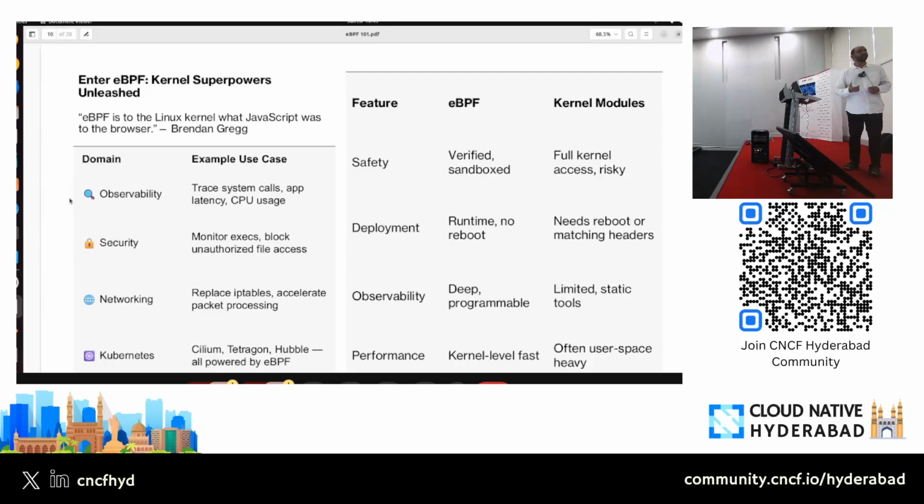So they are the creators of eBPF. All their product line, that is Cilium, Tetragon, Hubble, are all powered by eBPF. And believe me, it's a super powerful tool, which we will see eventually. So Kubernetes is powered by eBPF, you can say indirectly, with all these tools.